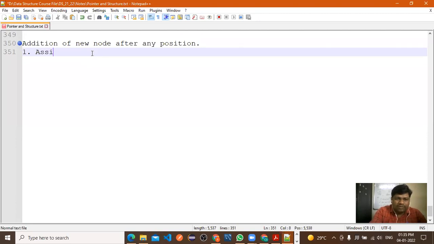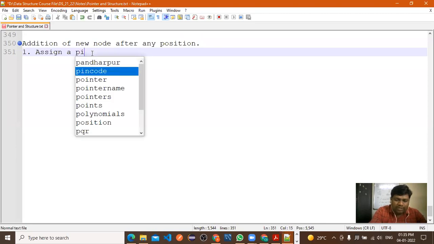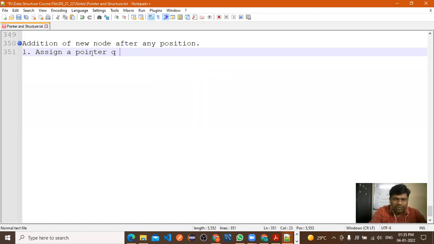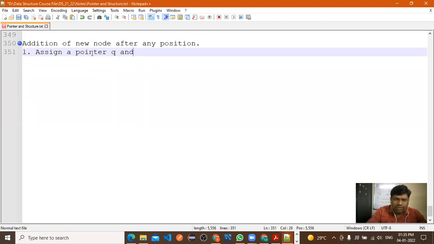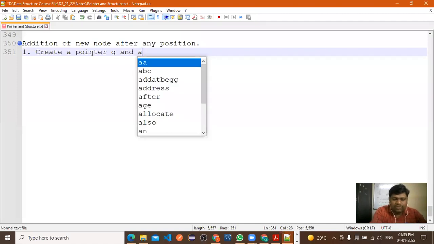Let's say create a pointer. Here I will say Q. Create a pointer Q and assign it. What value do we have to assign to the Q pointer?